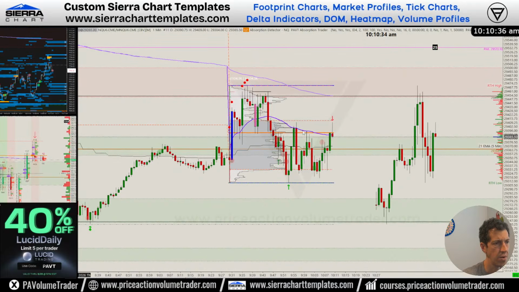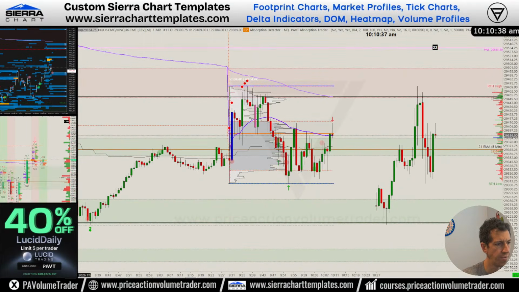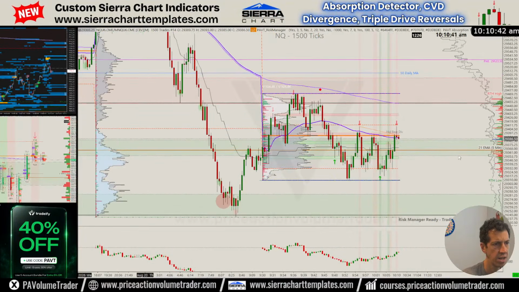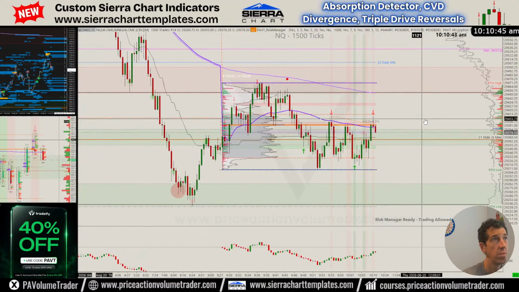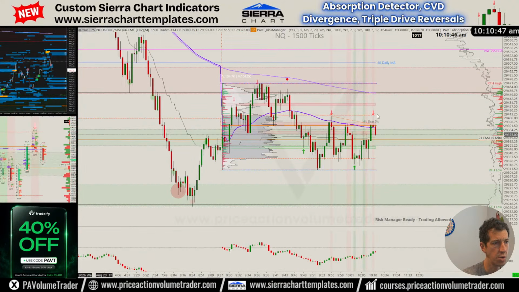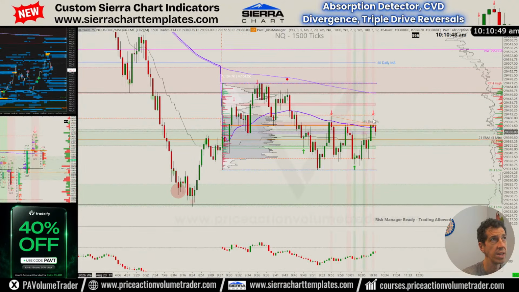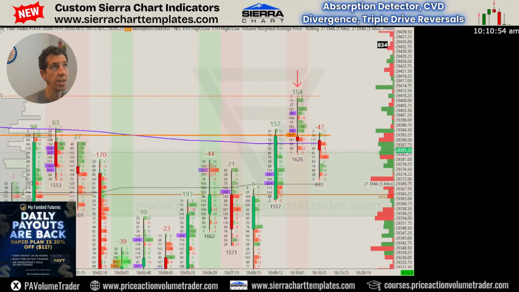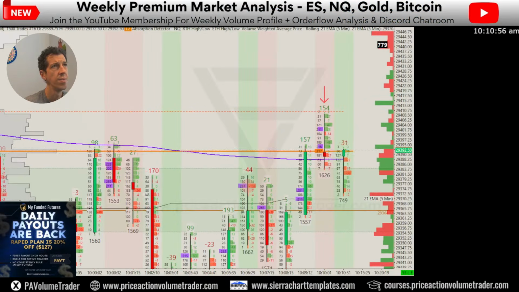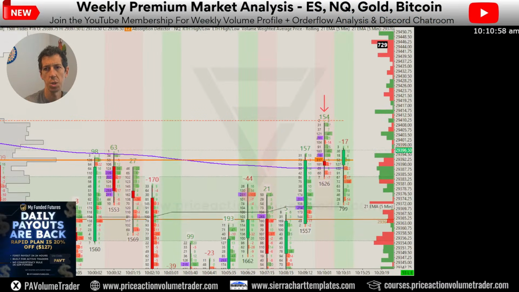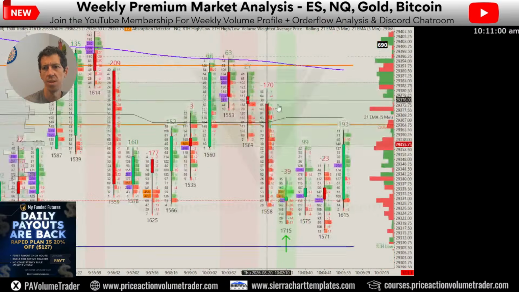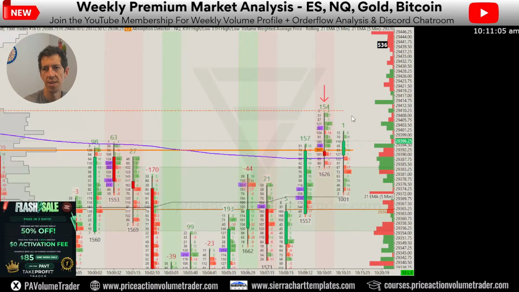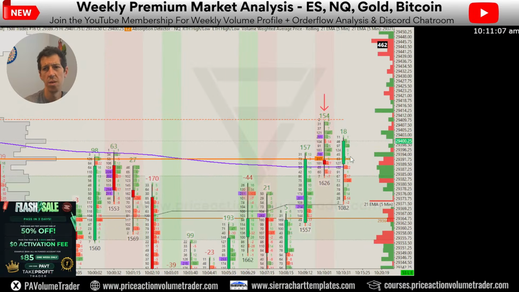Now if we're able to get above VWAP on Nasdaq, that will be a pretty good sign. We are still getting absorption right at this same area again. If we look in the footprint, you can see absorption right on the same area as before. Now we're finding absorption there once again.